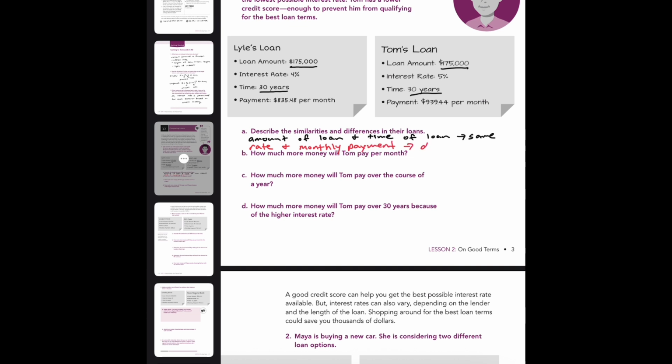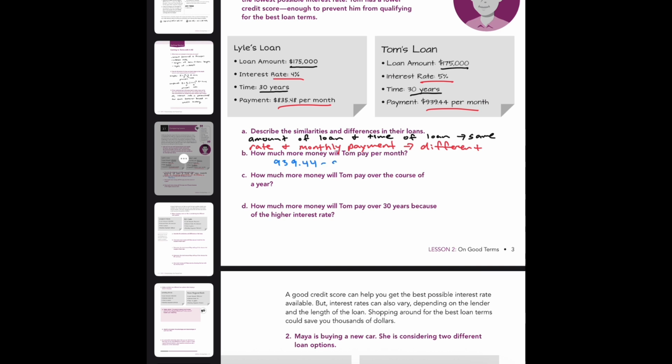So those are different. So the rate and the monthly payments were different. All right, so B, how much more money will Tom pay per month? Well, Tom, if we subtract those two, we got